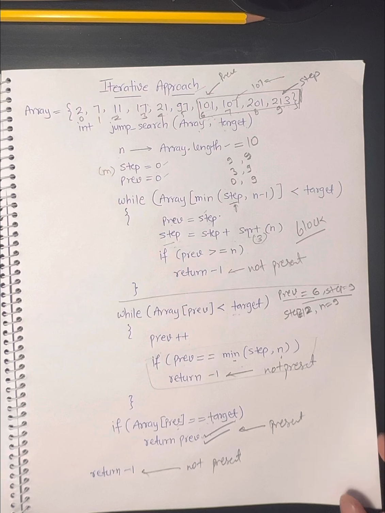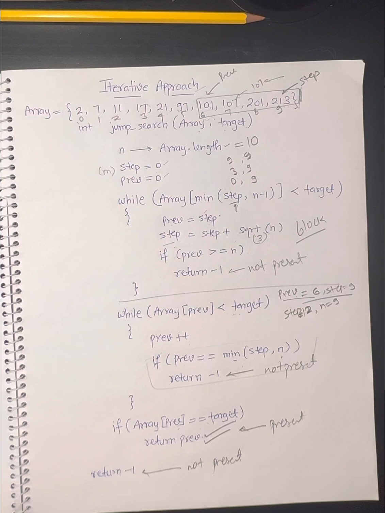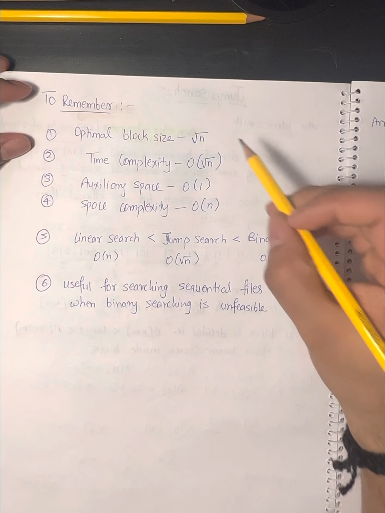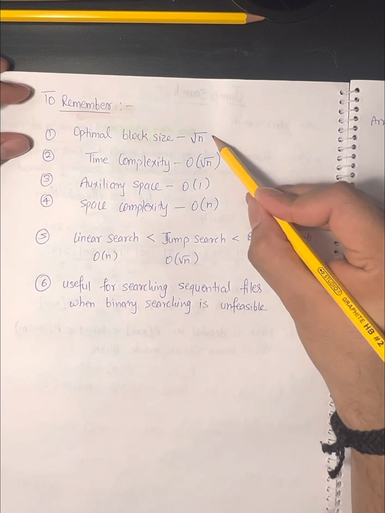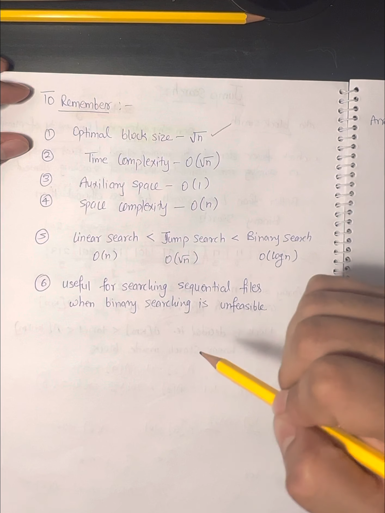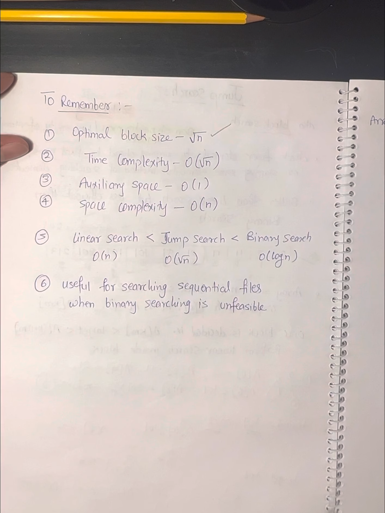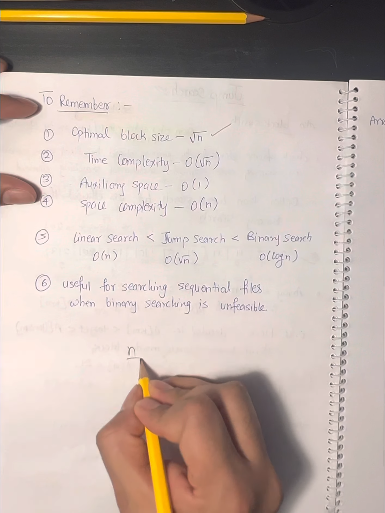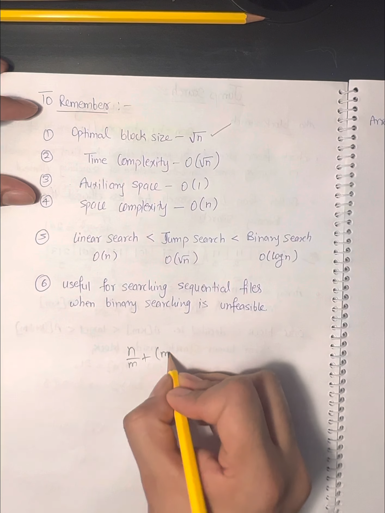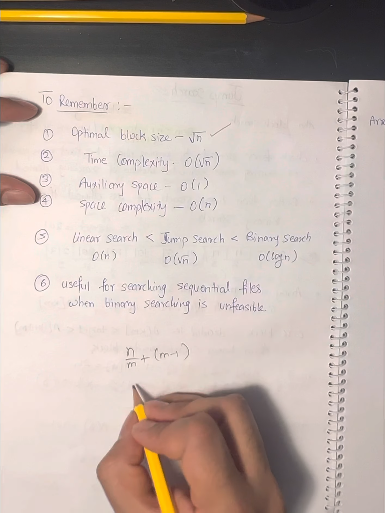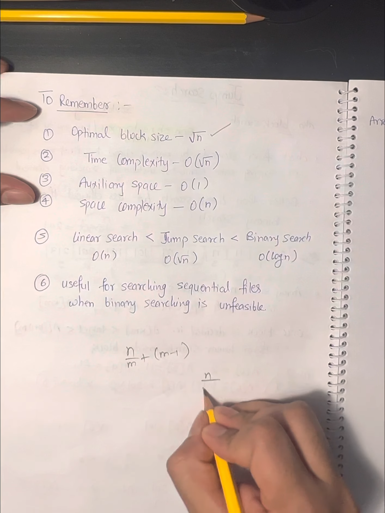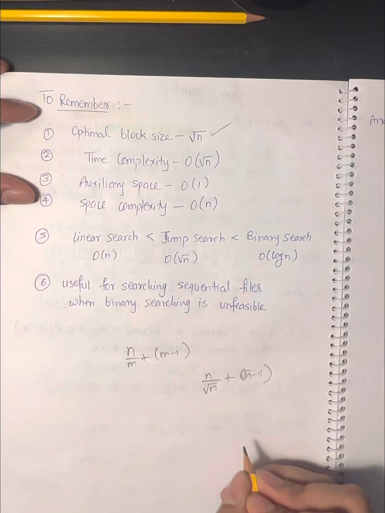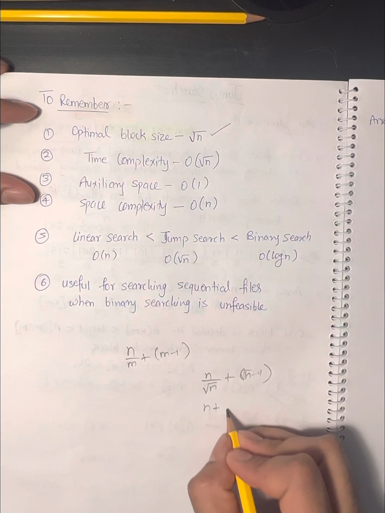Okay, so what is the endpoint? What are the things that we need to remember for the jump search algorithm? We need to remember these few things. The optimal block size in jump search algorithm is root n. The time complexity is based on that only, the number of comparisons we make. So basically n by m plus m minus 1 comparisons are there, where m is replaced by root n only. So basically n plus root n minus 1. So if you multiply, we get n plus